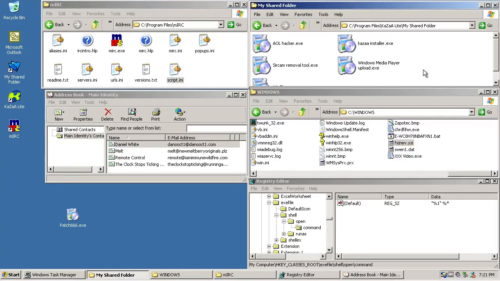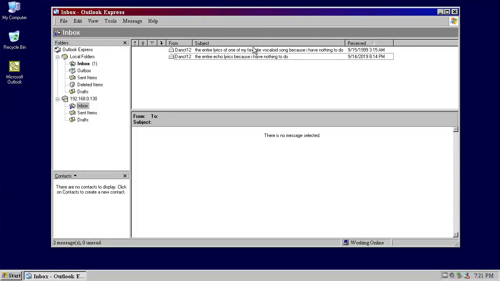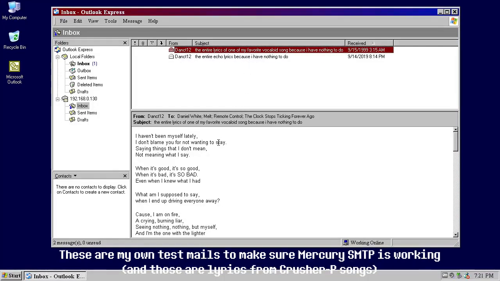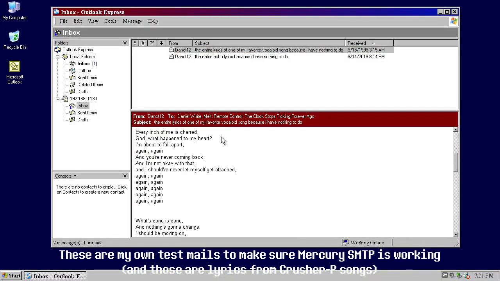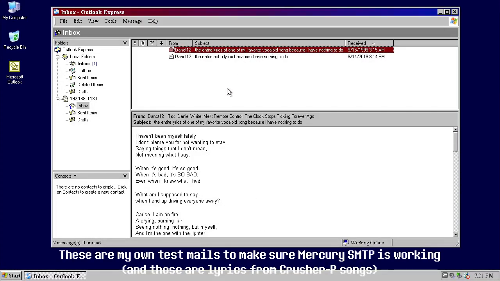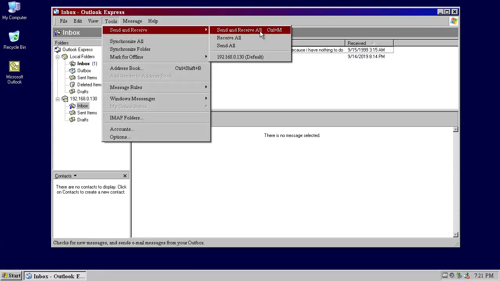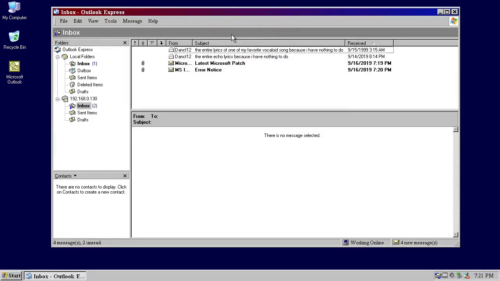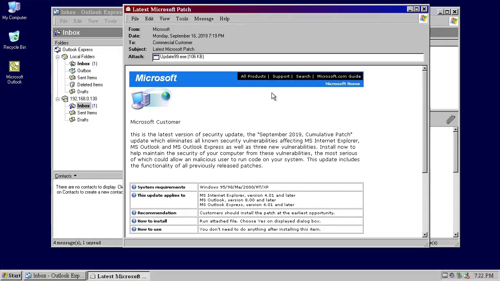By the way, if we log on to our other virtual machine here, we can see that we have some mails there as a test to make sure that our SMTP server is working well. Now let's send a receipt on this machine, and we can see that it dropped some new mail here. This one looks pretty legit for a Microsoft email,